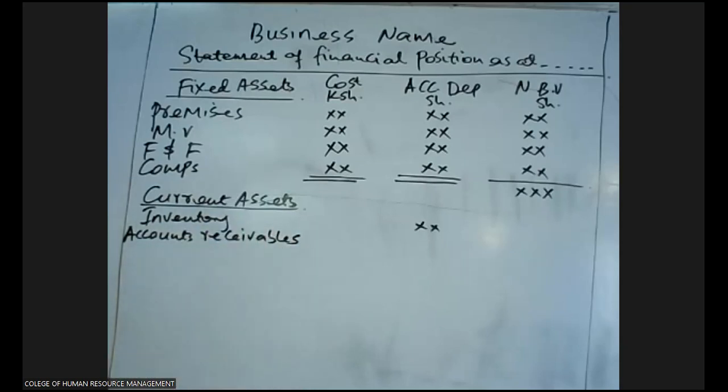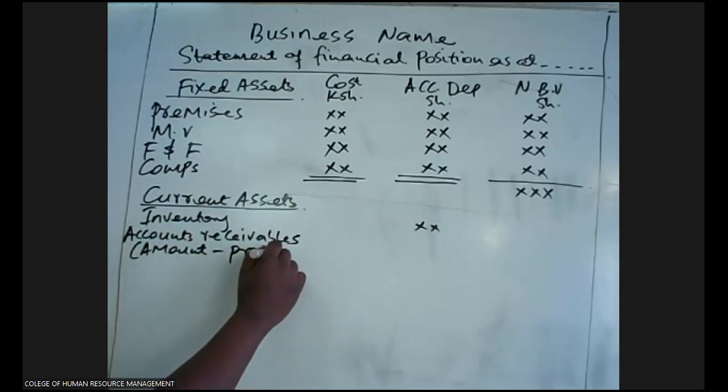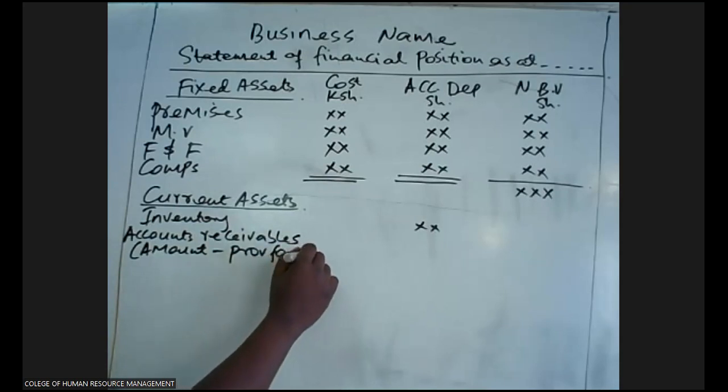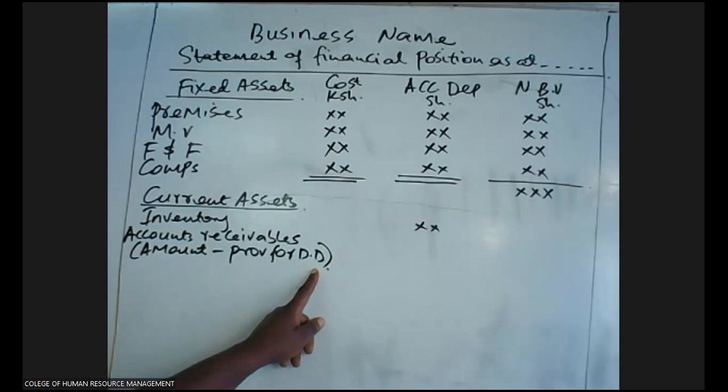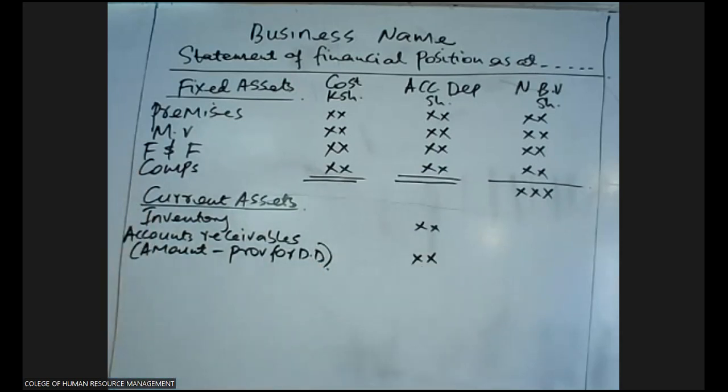And here, you need to do an adjustment if you are given a provision for doubtful debts. Just take the amount of the debtors that you are given minus the provision for doubtful debts. You subtract the provision for doubtful debts, and you will get the net accounts receivables. Then we are going to have things like the prepaid